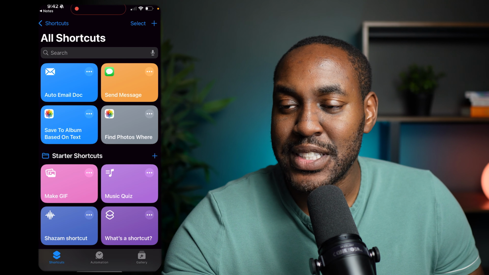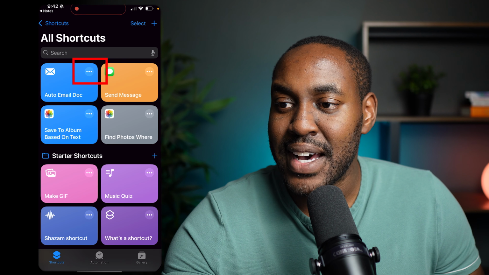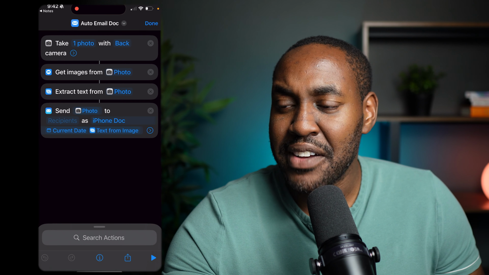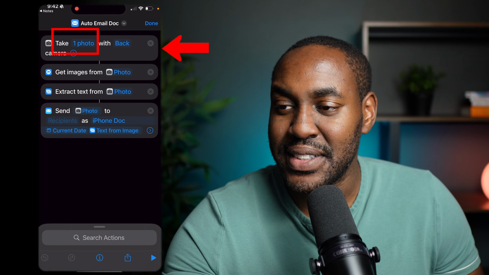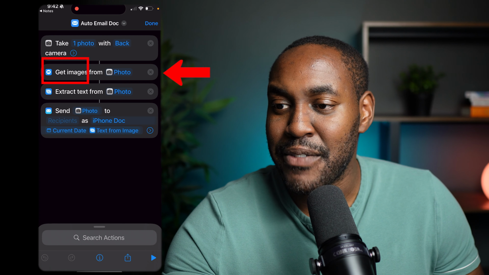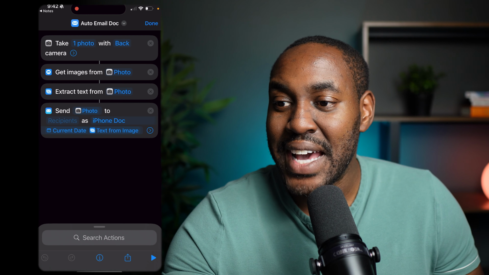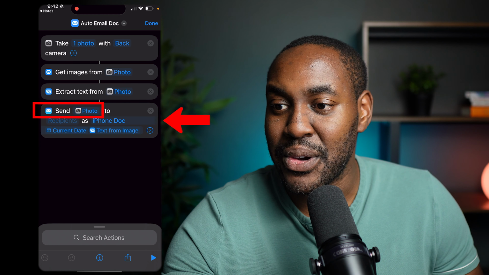So the next thing we have to do is specify what email we want it sent to. So I'm gonna hit these 3 white dots up here. Let me actually walk you through this real quick. It's going to take a photo. It's gonna use the back camera. It's gonna get that photo. It's going to extract all the text from that photo, and it's going to now send that photo to,